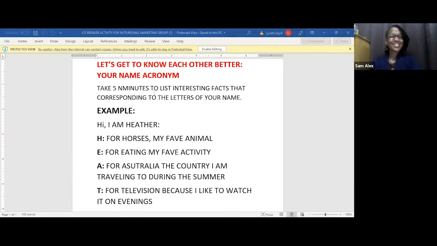I have a few. K is for kindness because I'm very thoughtful. A is for affectionate because I believe in showing love. And E is for easygoing because that's my nature. And R is for respectful because that's all I know in order to be respected. And that's it. Thank you, Carice.